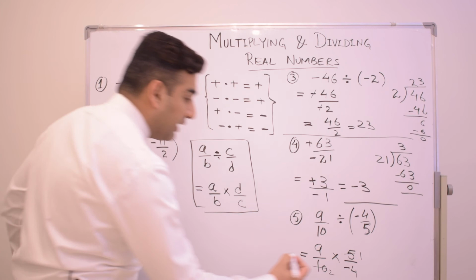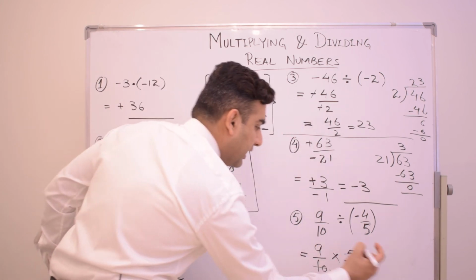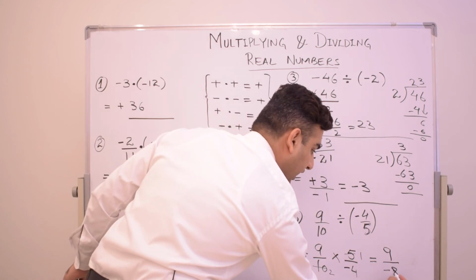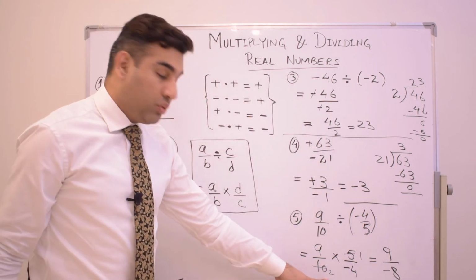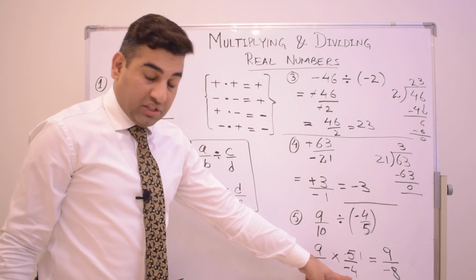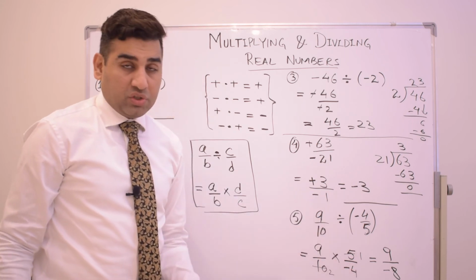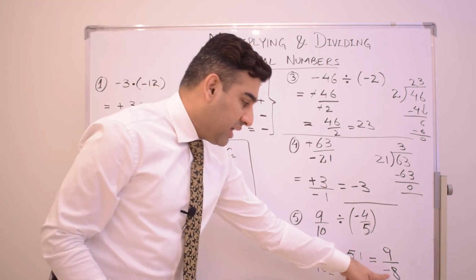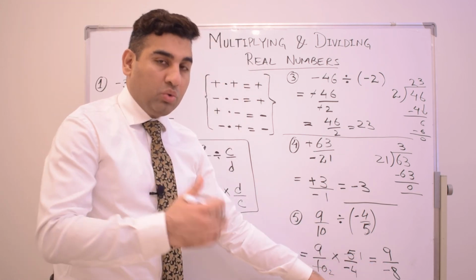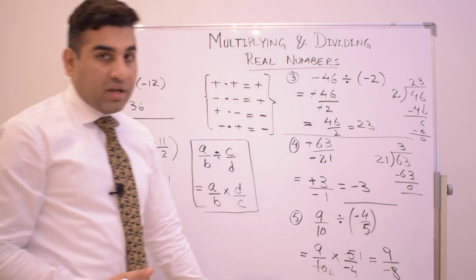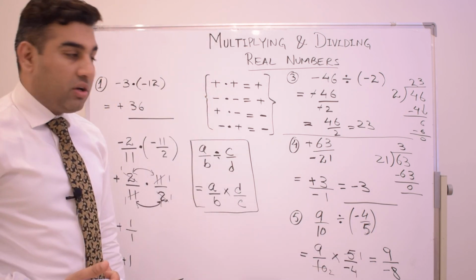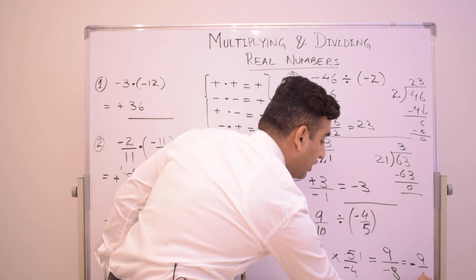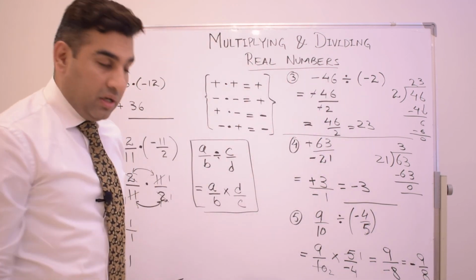So I just multiply the numerator with the numerator. 9 times 1 is 9. 2 times minus 4 is minus 8. As you know, this 2 is plus 2 and this 4 is minus 4. So when I multiply, sign will multiply with sign. Plus times minus is minus, and number will multiply with number. 2 times 4 will be 8. So 9 over minus 8 is our answer, or you can write it as minus 9 over 8. Like this is also fine.